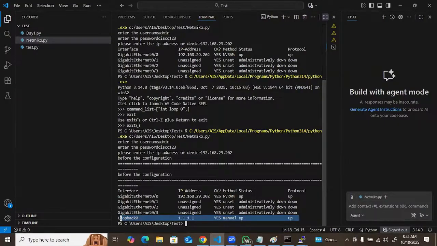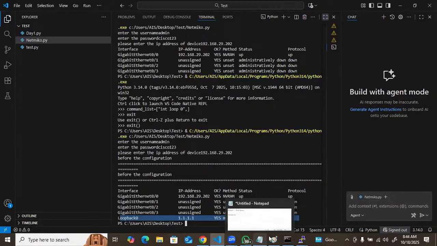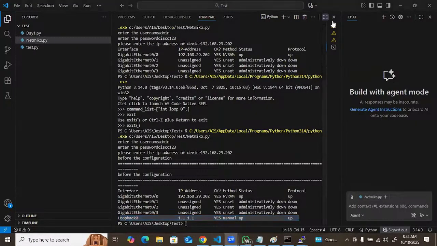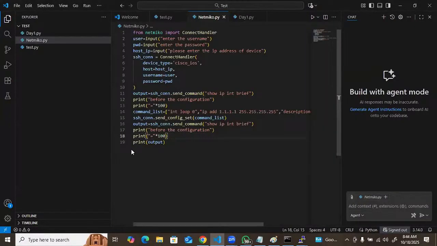Hello? So loopback we have configured through script? Through the script, yeah. You can see now what is the command I mentioned. So in this case, this is the loopback 0 that I configured here. What I missed there, guys, just give me one moment. Let me modify after the configuration.